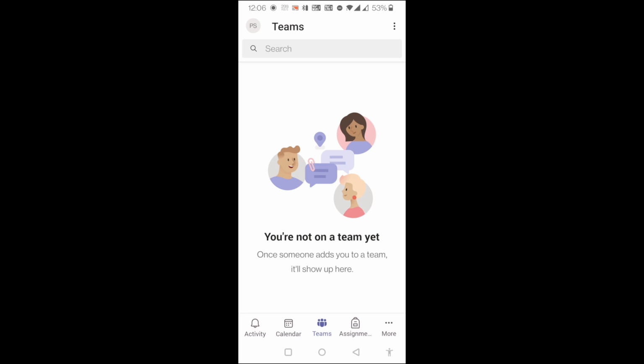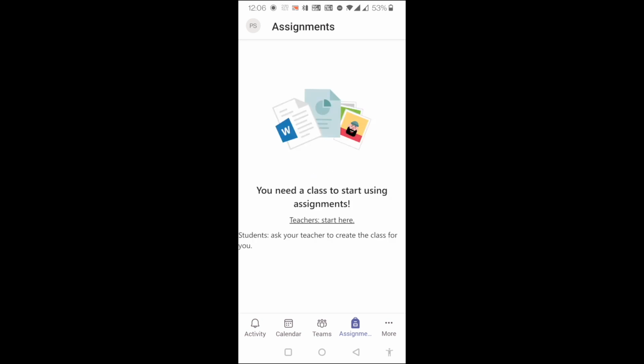You will see all your team channels, subject channels, you will see there. Then in assignment, this is the place where you will be getting your question paper in the unit test. And other things are also there. Now I should tell you that in case you have logged into Teams, whether really you are